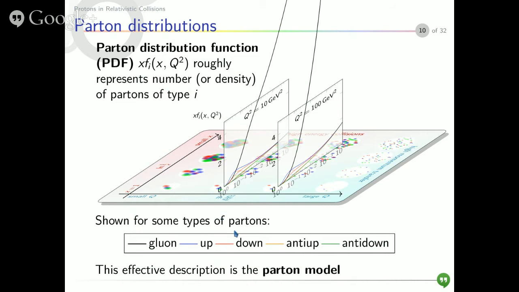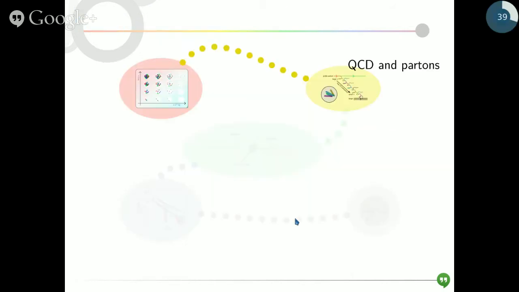And of course, there are also parton distribution functions for photons or neutrinos or whatever. Those are just so small, they're not really worth bothering with. So this is basically the idea of the parton model: we have these parton distribution functions that can describe the effective structure of a proton depending on the parameters of the collision it's involved in. This was all worked out in the 1960s. Feynman was heavily involved in it. So now